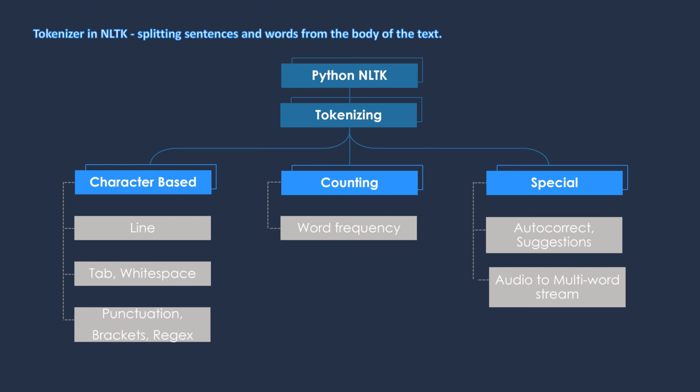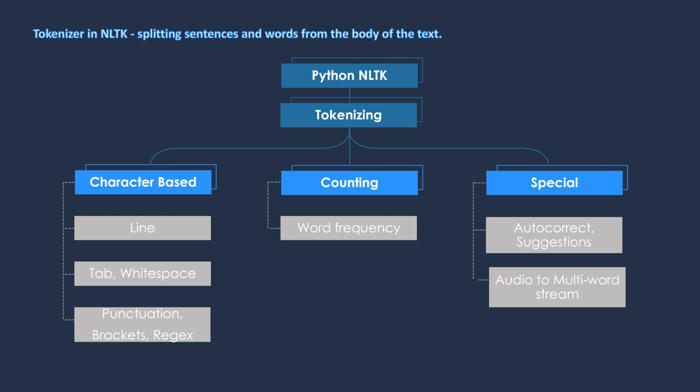There are several ways to do this. There may be cases where you would want to tokenize a body of text based on a particular character. With the toolkit you can tokenize based on lines, tabs, white spaces, punctuations, and even regular expressions. And there will be cases where you would want to know the word frequency. There the toolkit can help. And there are also applications where you have to do autocorrect, provide alternative suggestions for words to use. So in all of these cases, tokenizing is an important step involved. And in the course of this video series, we will look at examples for all of these so that you